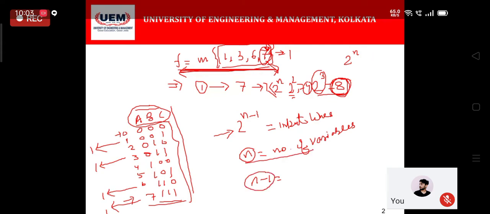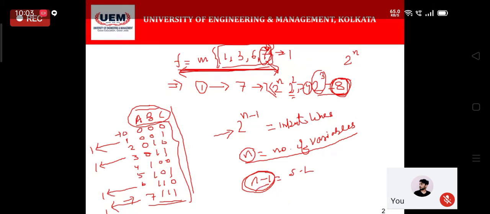If n is the number of variables, how many variables are there? 1, 2 and 3. Then the multiplexer I will be creating will have n minus 1 select lines. This is only applicable for these types of problems, that is, the use of a multiplexer to implement any logical function.